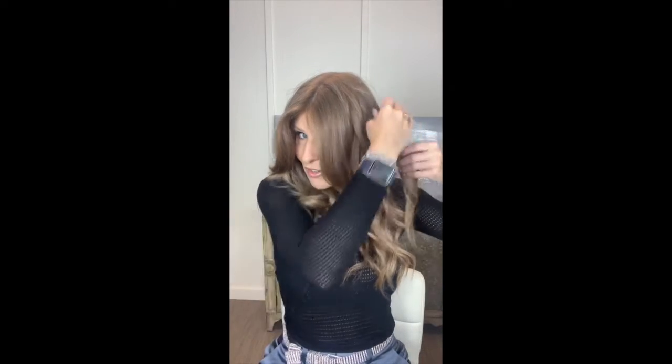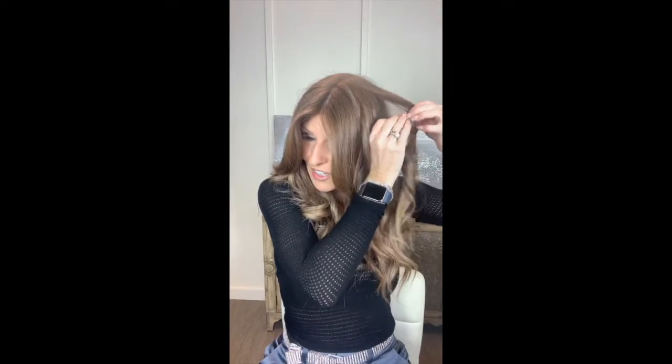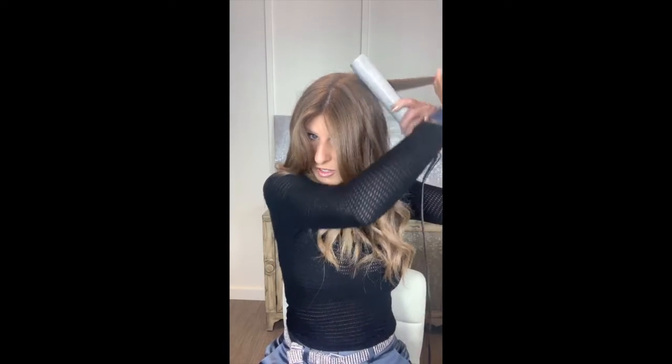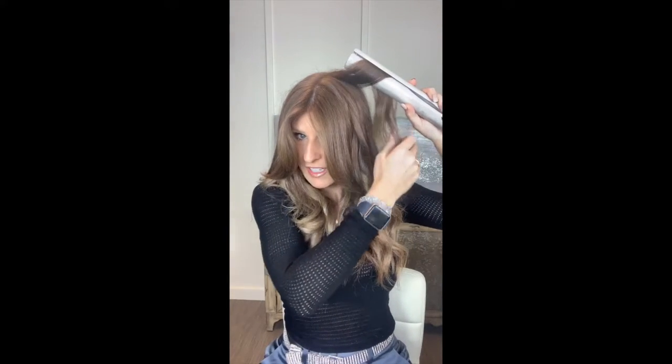I really love a big valley, but it's like pushing back and not forward. So that's the big difference of old Victoria's Secret hair versus beach wave big hair. Okay. So now I'm going to do some pick-me-up curls all around to make sure I'm really setting in curl